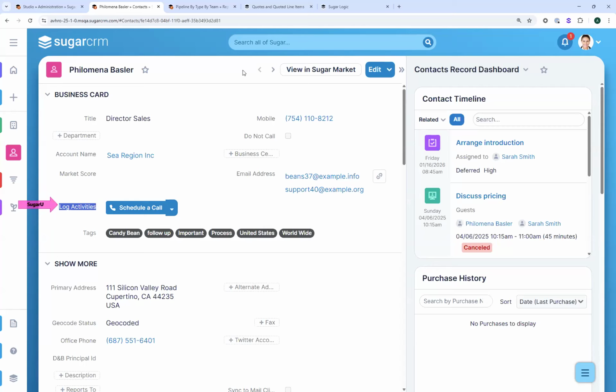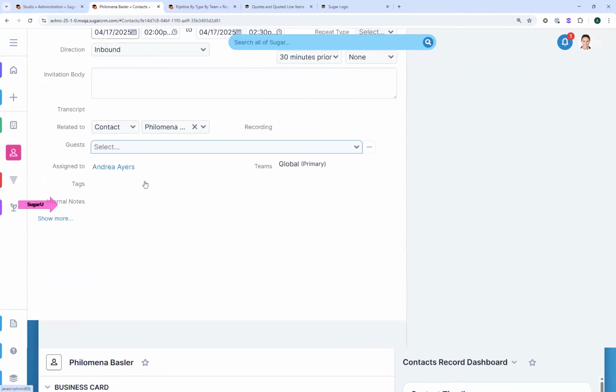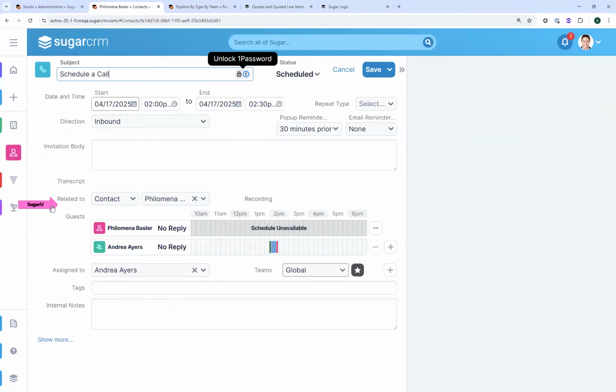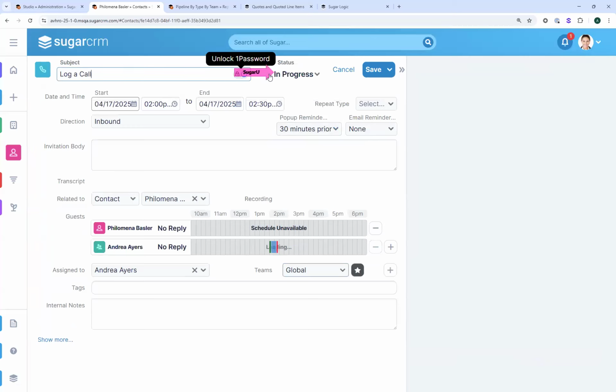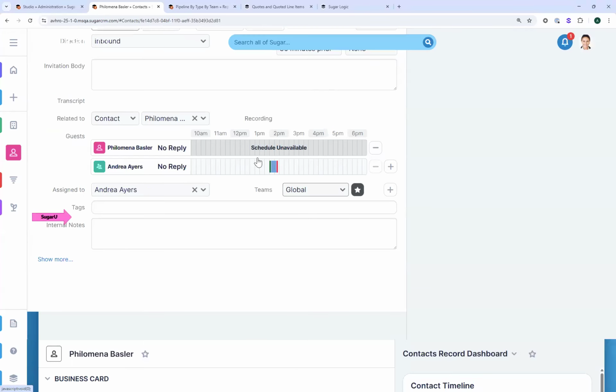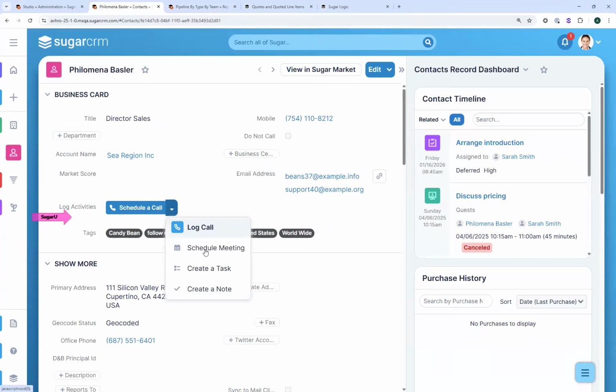That's the display label. It won't show up if I put it up at the top. But in the drop down, I can log a call. So first of all, schedule a call, which is actually going to bring up a call record drawer and automatically make the status scheduled. I can log a call, which will start it as in progress. I can also pre-fill some other things within it, but notice that it automatically connects or links this particular contact record as a guest to this particular call,